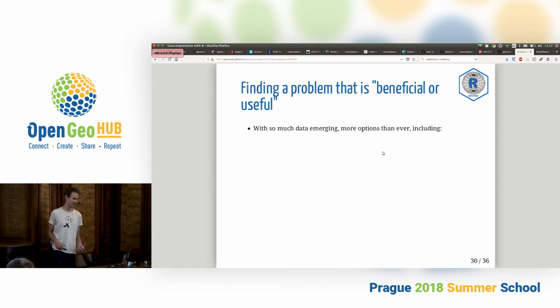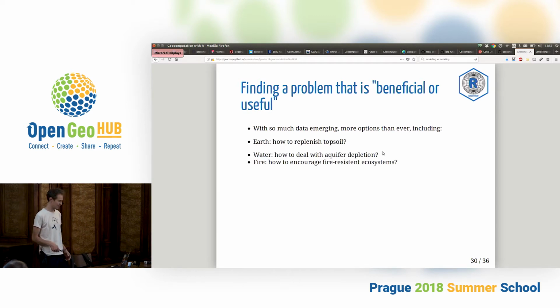And the message that I wanted to convey here is that I think it's really important that we identify problems that are actually beneficial or useful. There are almost infinite directions that we can go in our spatial data analyses, and it's really important that we think about this. So this goes back to a definition of geocomputation by Stan Openshaw in 2000, and I think this is something to think about, is our research actually beneficial? It may be beautiful, it may be fun, and it may get a lot of likes on social media, but